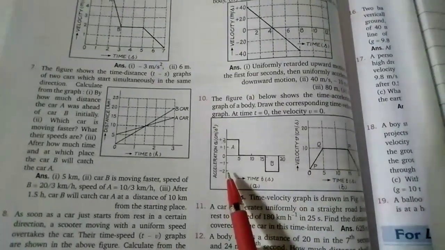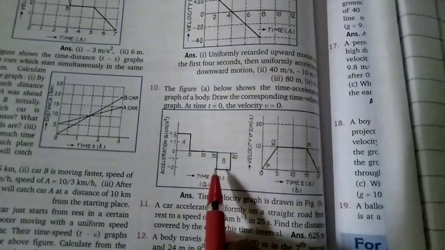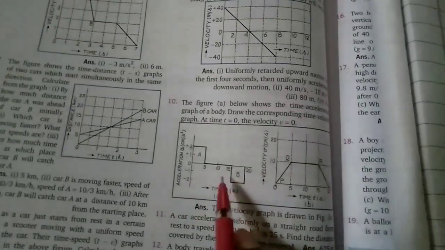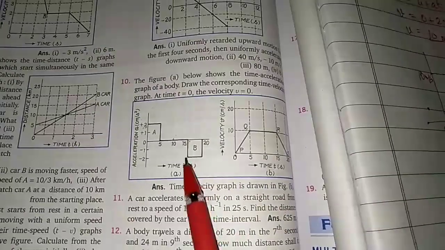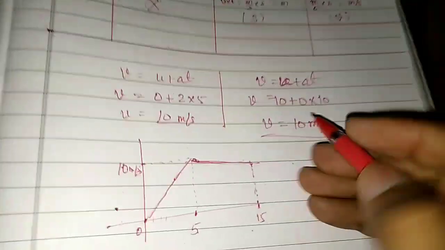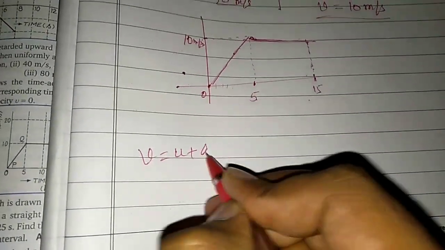Minus 2 meter per second means that. So here you can see our velocity currently is 10 meter per second. In the time of how many seconds? 5 seconds. Decreasing by how much? 2 meter per second. So in a time of 5 seconds, what will be the final velocity? Let's see. Either you can use the area calculation, or you can simply use the equation, that is v is equal to u plus at.